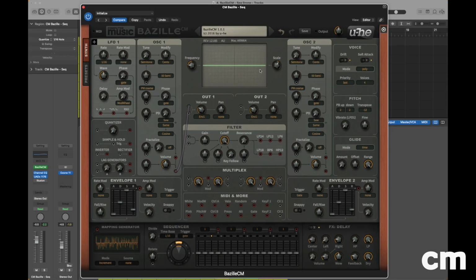In this edition of CM Tools Masterclass, we're going to be using the Brazil CM synthesizer in order to create a fantastic drone-based patch, but one that utilizes the onboard sequencer to create all sorts of modulation and movement. But before we can get into that, we need to initialize the plugin so that we have a default patch